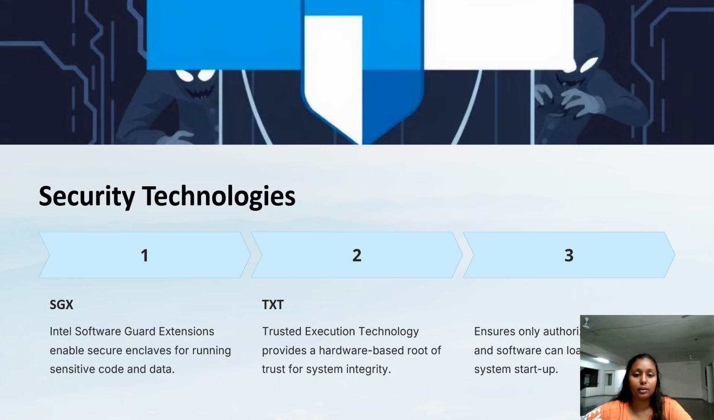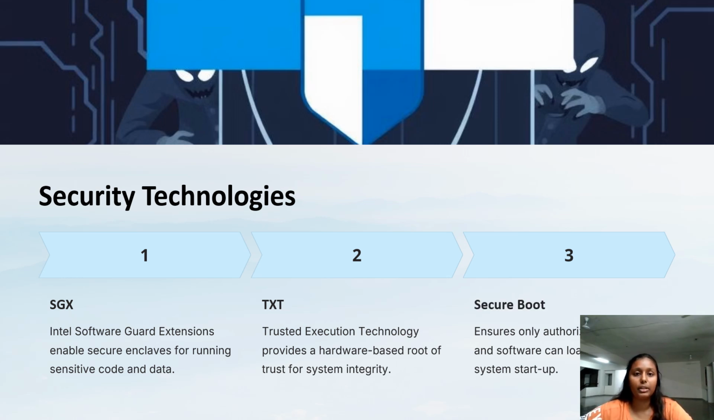TXT, Trusted Execution Technology, provides a hardware based root of trust for system integrity. It verifies the integrity of the BIOS and bootloader before loading the operating system. This prevents unauthorized software or malware from executing during the boot process. TXT can create a trusted execution environment that isolates sensitive applications and data, providing a secure area for running trusted applications. Secure Boot. It ensures only